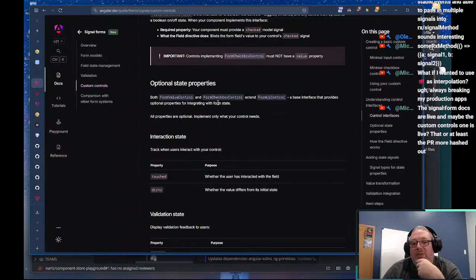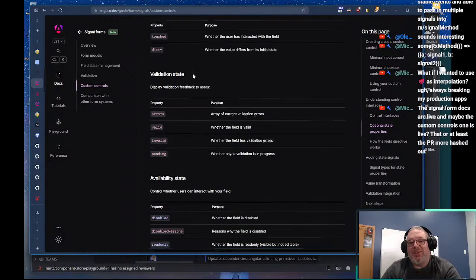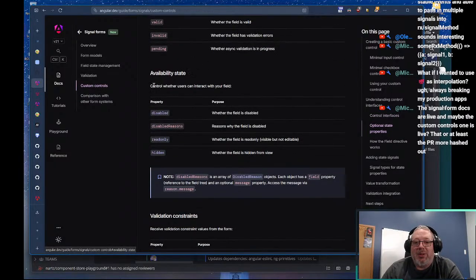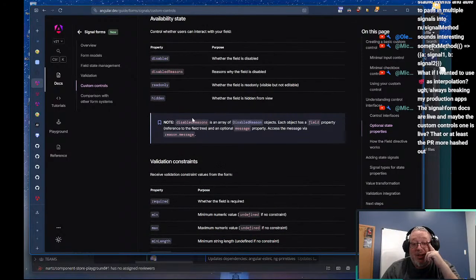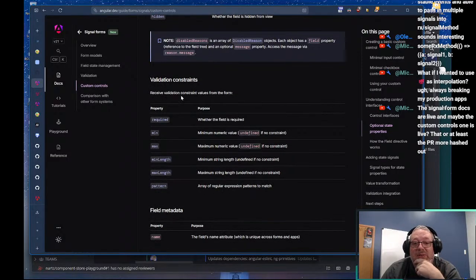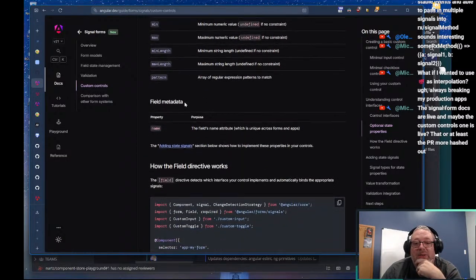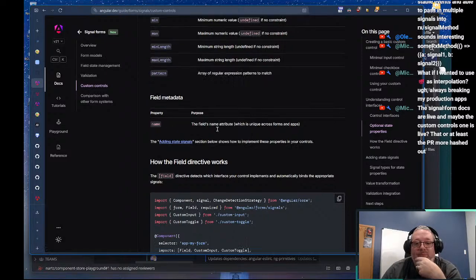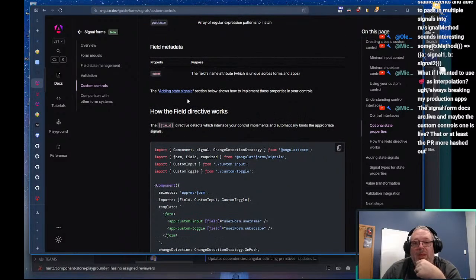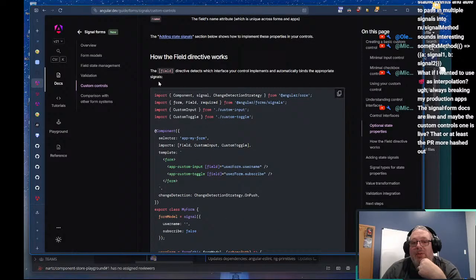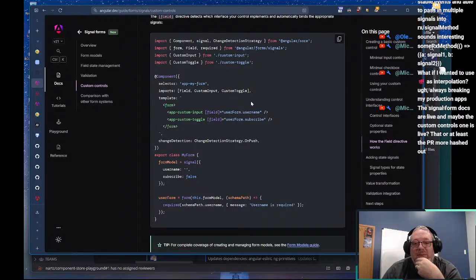Extend form UI control. So this is awesome that they're spelling this out. Disabled, all that's there. Validation constraints are all there. Field metadata. The adding state signal section below shows how to implement these properties in your control, and how the field directive detects which interface your control implements and automatically binds the appropriate signals.